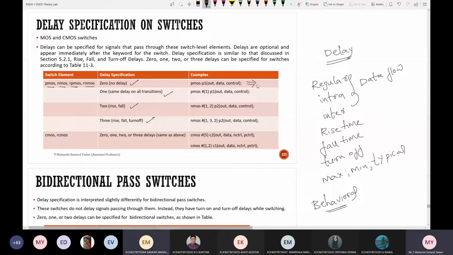Yes, no value of delay is mentioned. So what is the default value? Is it 0 or 100 or 200? What is the value? 0 nanoseconds. It is 0 nanoseconds. Zero. So if only one value is mentioned, by default for each and every transition, the delay will be that value, for example 1